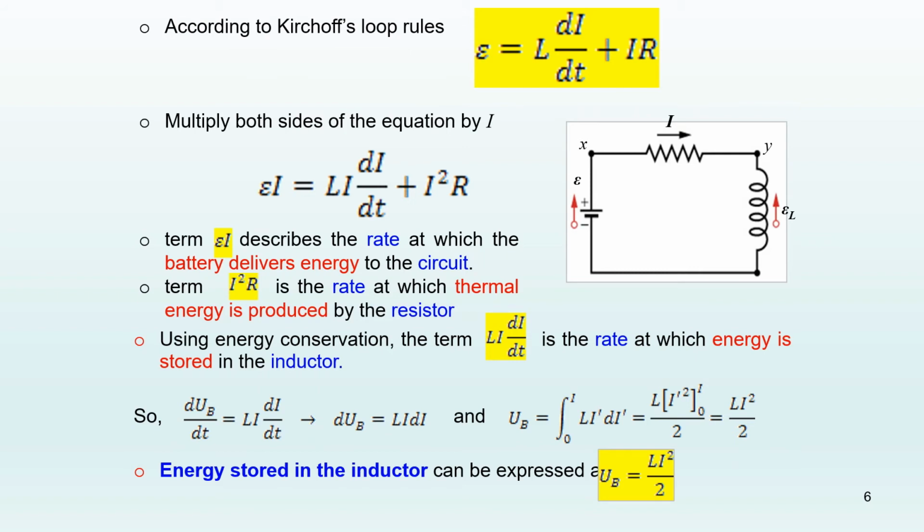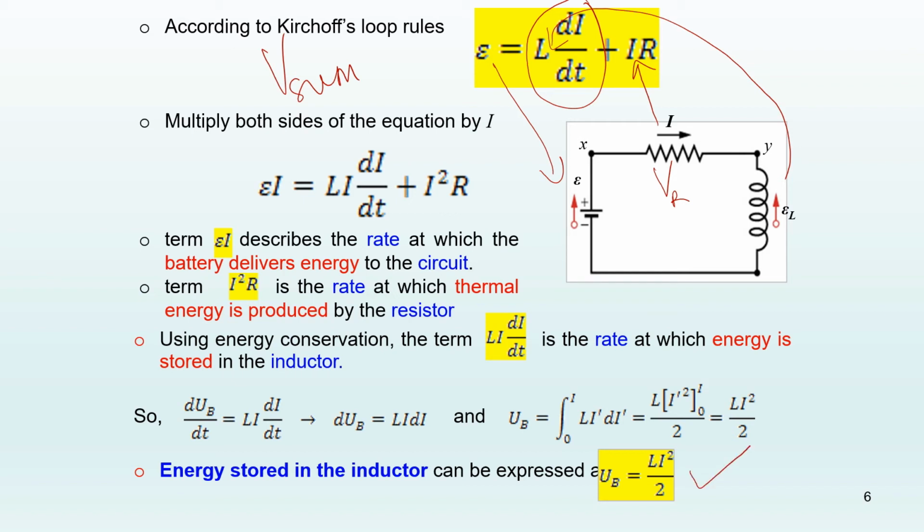Okay, so by using Kirchhoff's loop rules, sebenarnya kita ambil sum of voltage. So voltage of the battery sama dengan voltage of the resistor, darab dengan EMF induced di inductor, L di over dt. Okay, then dia nak tunjuk ni macam mana at the end dia derive energy stored in